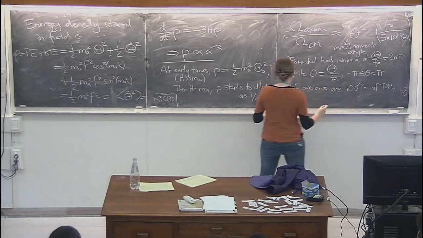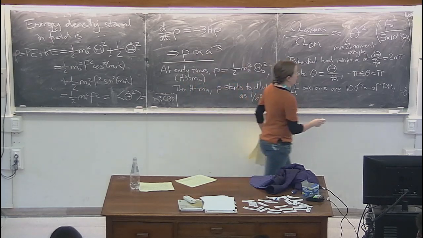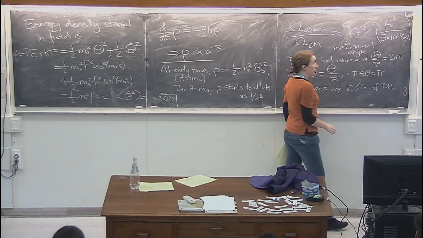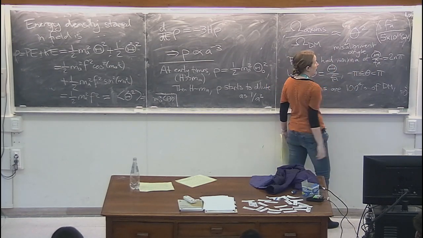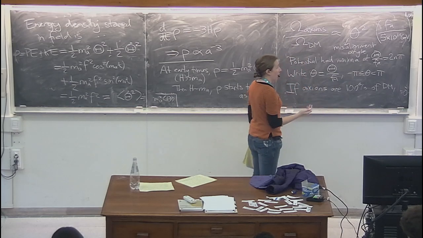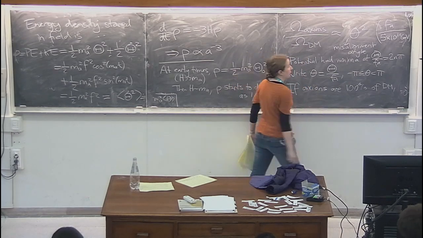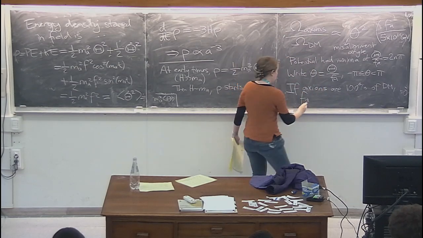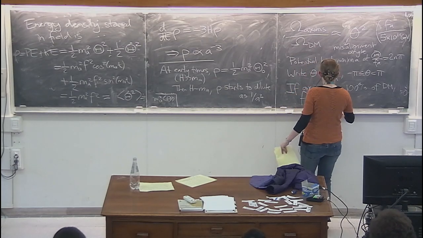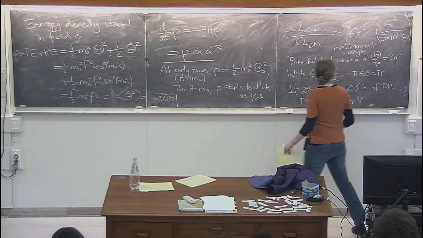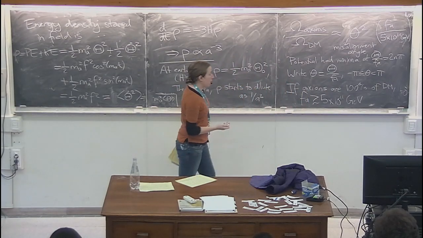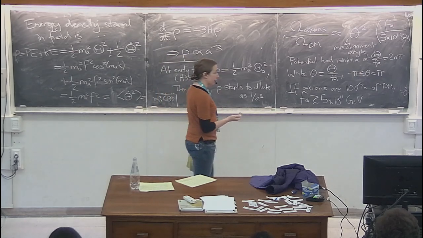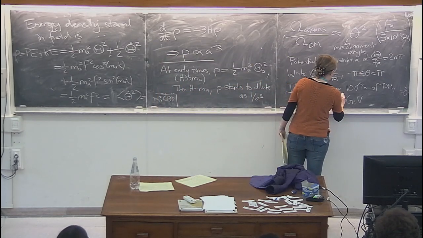If it's smaller than this value, then no matter how, I mean, theta just can't go to arbitrarily large values. It's an angle. It's constrained. So Fa could be much higher than this scale. You could have a situation where Fa was 10 to the 16 GeV or whatever, and theta squared gave you the 5 orders of magnitude that you need to get the right relic density, because theta could potentially be very small. But this tells you, again, that if you want axions to be 100% of cold dark matter, there's some fairly high scale physics involved.